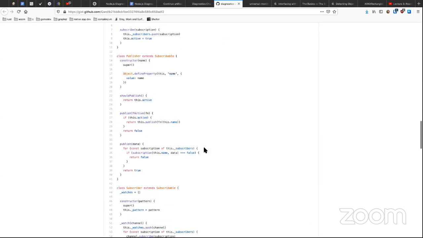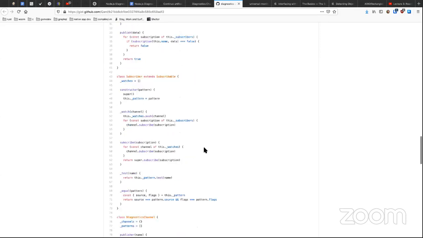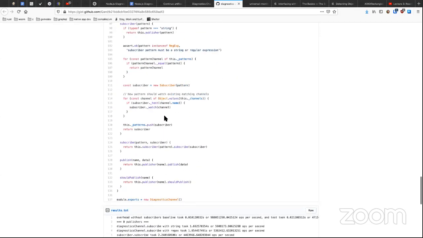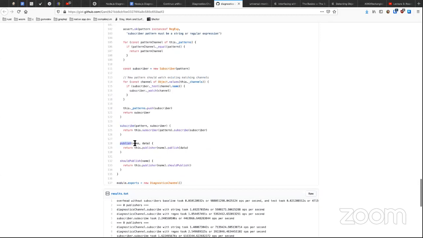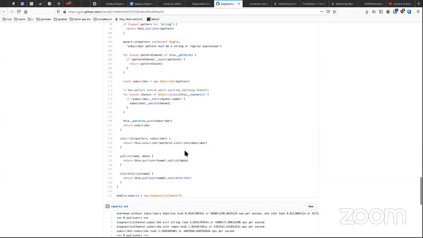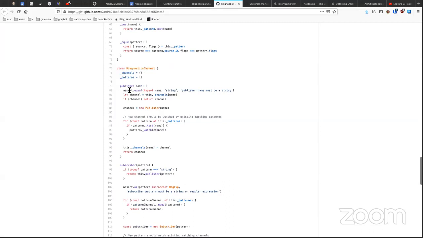So the way this works, go here. These are the all-in-one interfaces that basically call this publisher or subscriber, which is the lookup part of it, and then publish, shouldPublish, and subscribe are the actual action parts of it. So the publisher up here either tries to find a channel that already exists or creates this new object, and then basically how this works